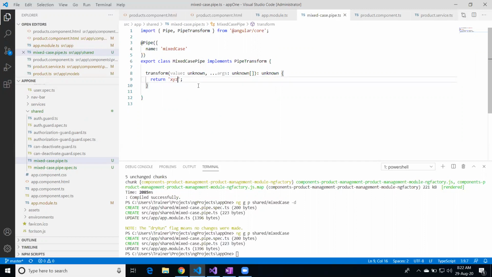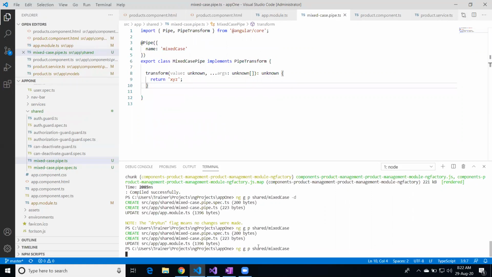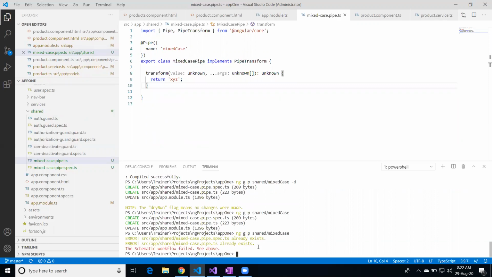Whatever logic needs to be in this pipe will go in this method, but it can be as simple as just returning some text from here. So this is what we are transforming. Whatever is coming in, we are discarding it, and we are telling the template to display this instead. While it builds,